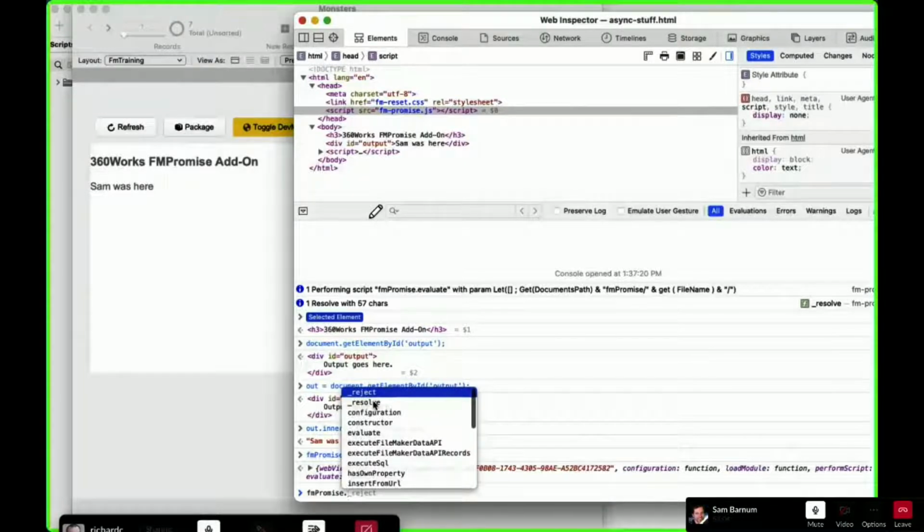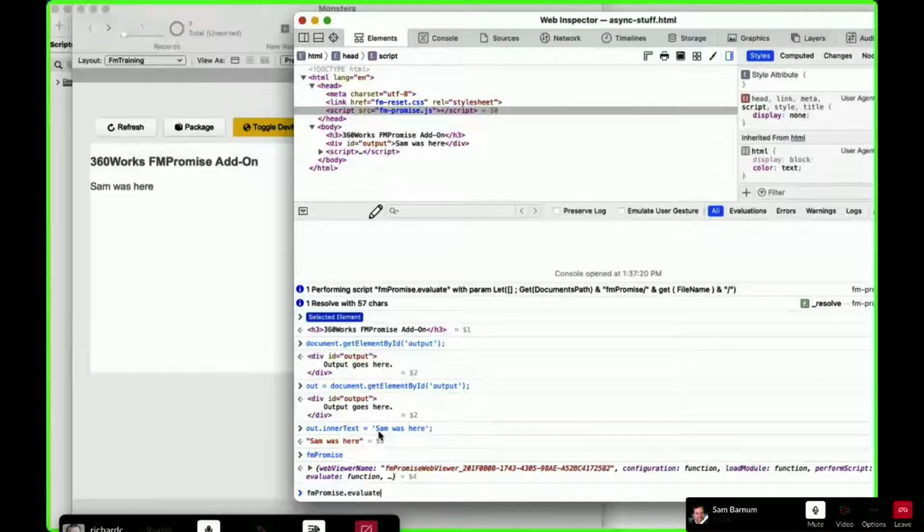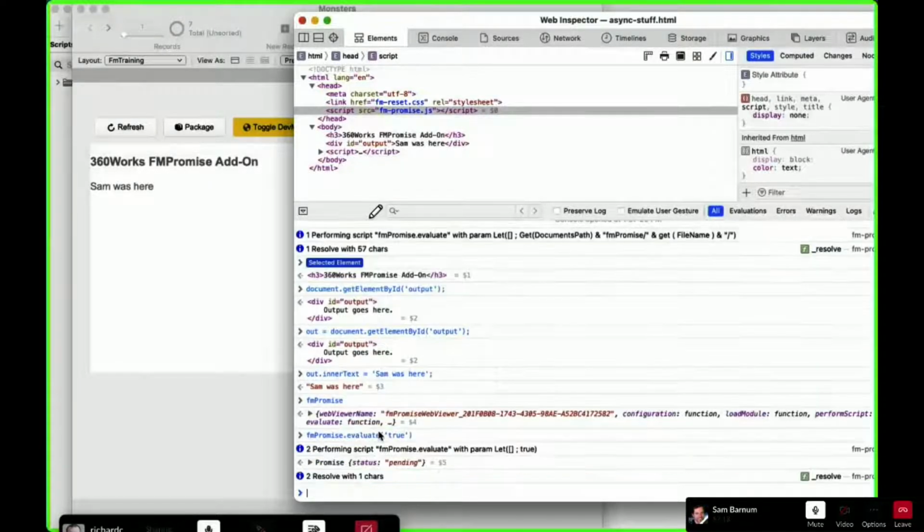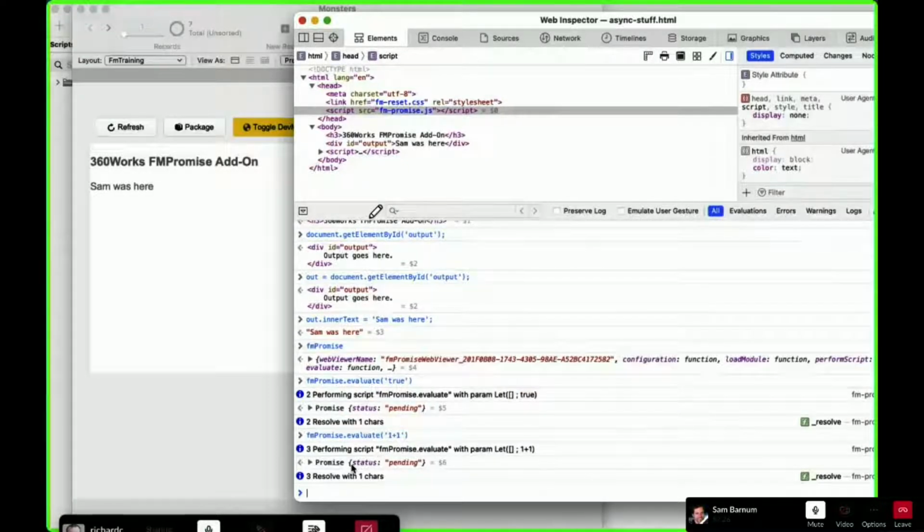The ones with the underscore tend to be private, but evaluate is a nice one. So evaluate is a function. We could say evaluate true. Actually, let's do evaluate 1 + 1. And so here we're getting into promise land, Richard, just what you wanted.